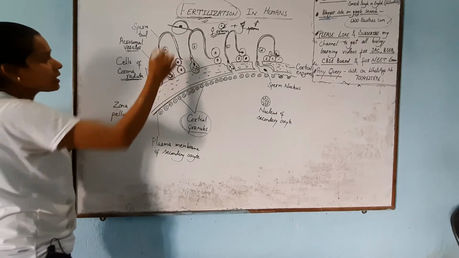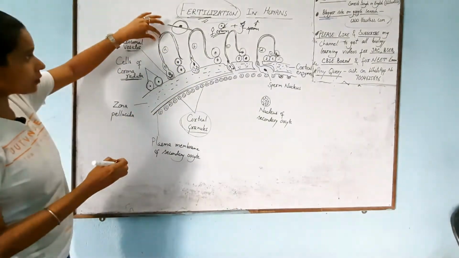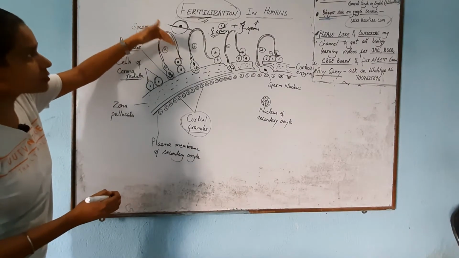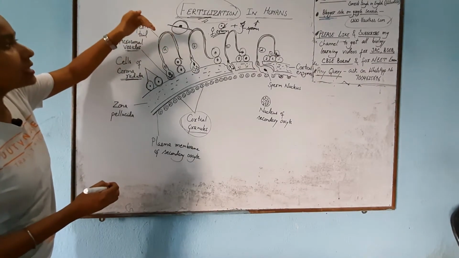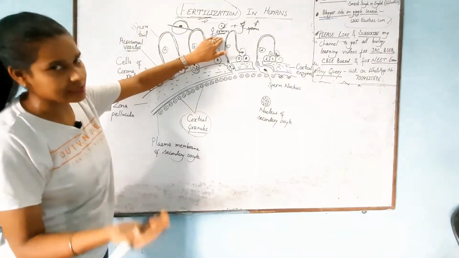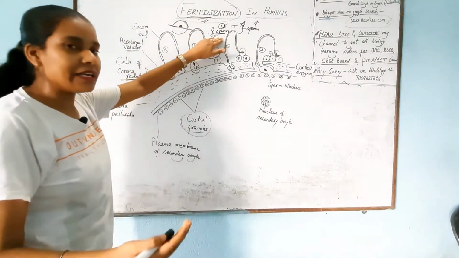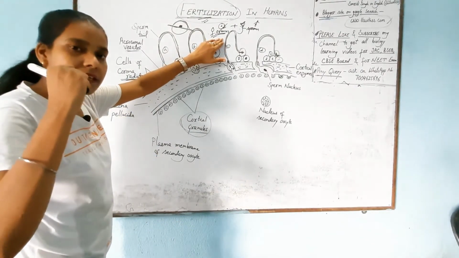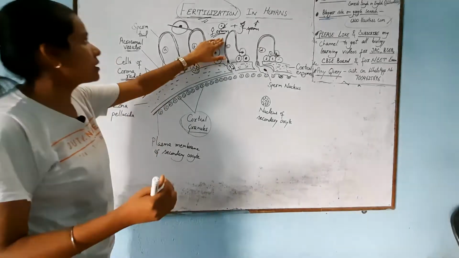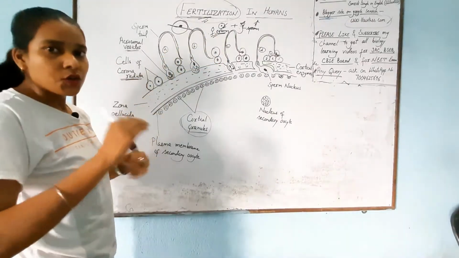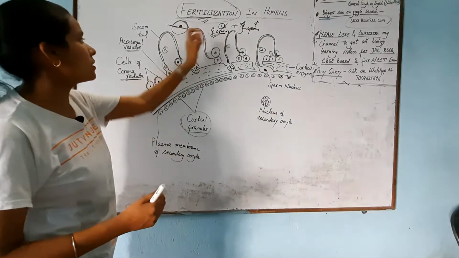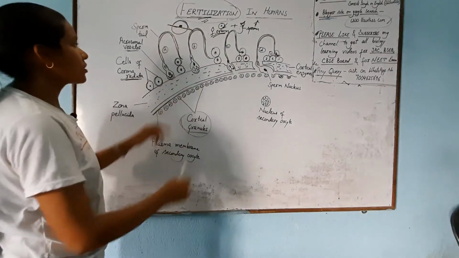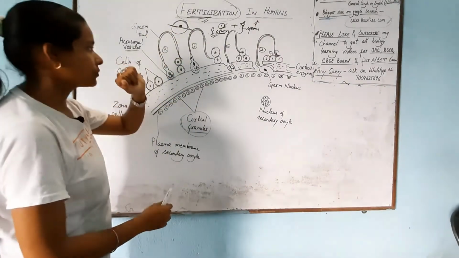This is the sperm tail that helps the sperm come nearer to the ovum, because we know that the sperm, or male gamete, is motile and the ovum is sessile. Sessile means the ovum is released from the ovary and stays inside the female's body, but the sperm needs to reach the ovum. That's why it has a tail that helps it travel and reach the ovum.